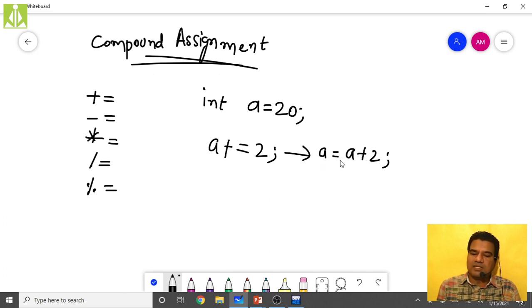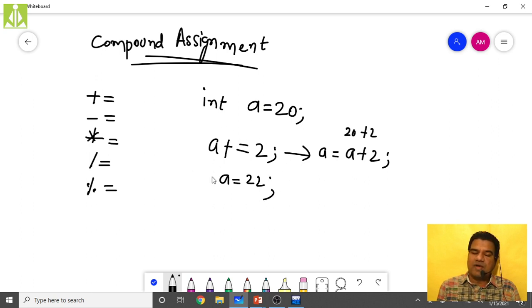So a plus equals to 2 means a equals to a plus 2. The value of a is 20, plus 2 you add, and finally after this evaluation your a value will become 22. Previously it was 20, but now it will become 22.